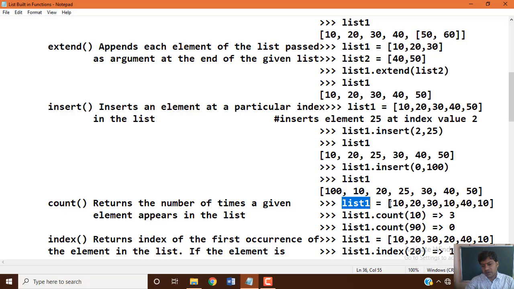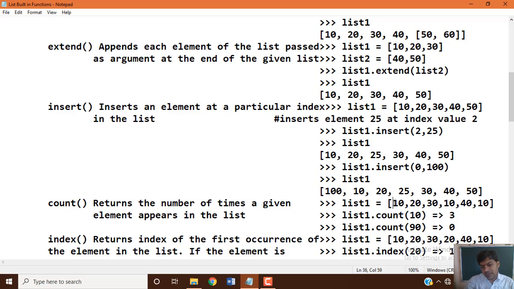Looking at it manually, you can see 10 is placed three times, at index 0, index 3 and index 5. So the total number of times 10 is available is 3.